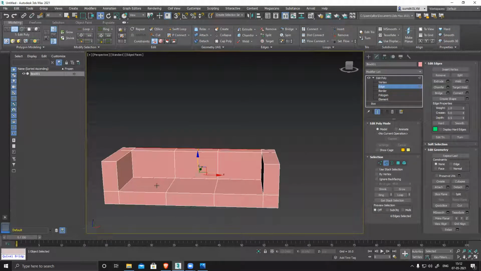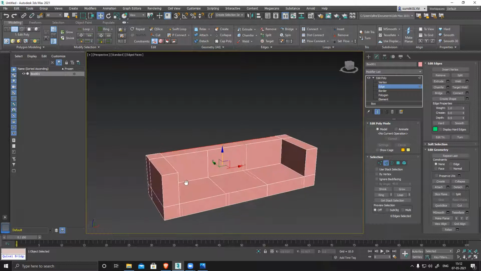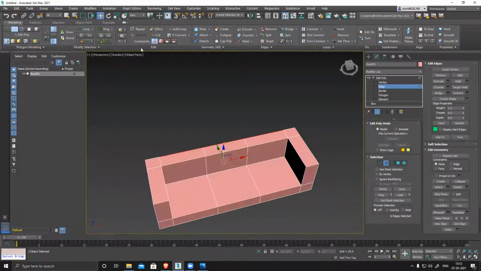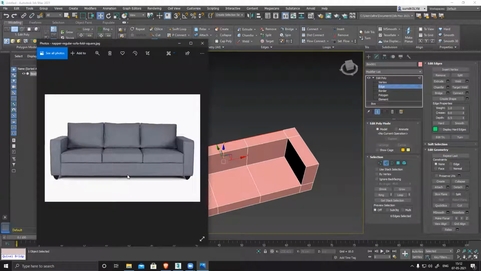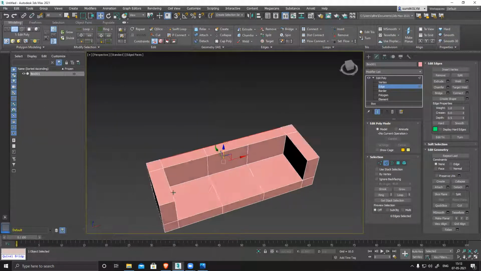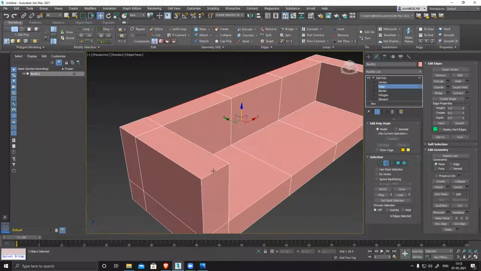Now we have those corners and everything. So you can see my sofa right now, we are going to create a mid poly version. It's not going to be really low poly. So we're going to chamfer all the corners and make it smooth and clean. If you zoom in, you can see there is a piping going on throughout all the borders. So we need to create that piping. Before that, I need to chamfer all the corners.